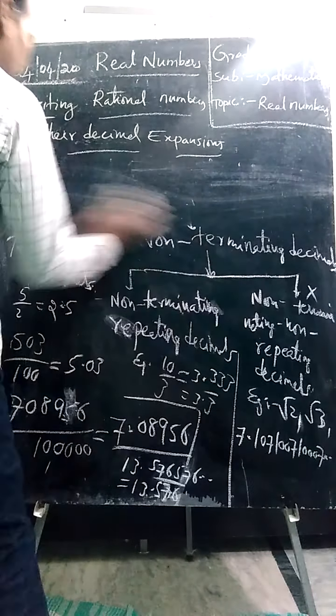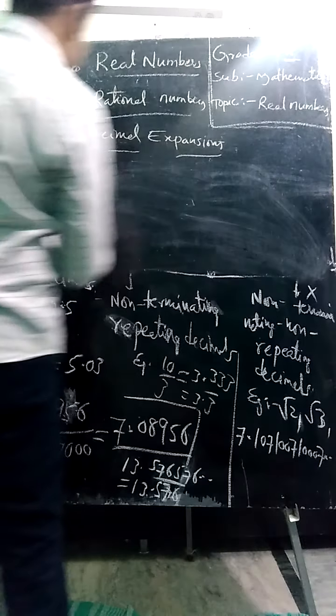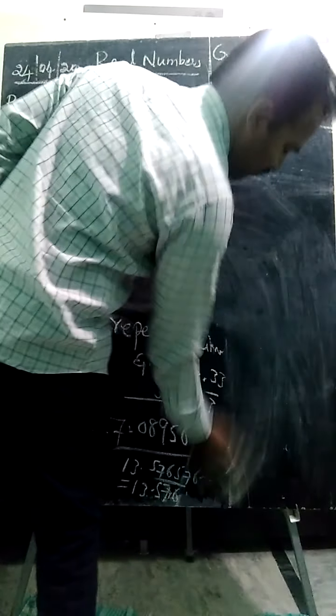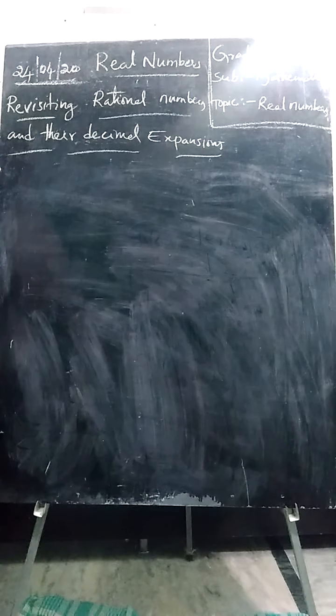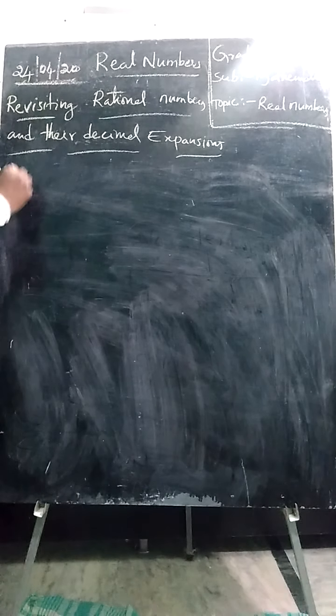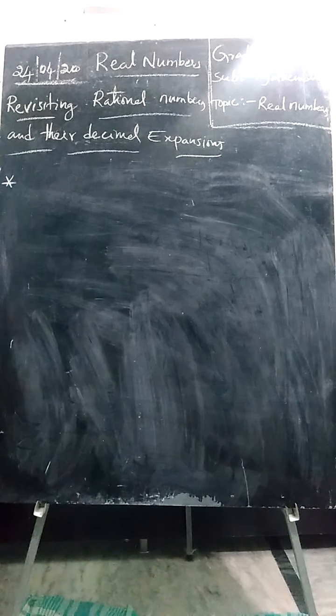We have one small technique, or small definition, regarding this: how to differentiate terminating decimal or non-terminating repeating decimals of a rational number. Let us discuss. See students, terminating decimal. First, I will say the point. Note it down students, if